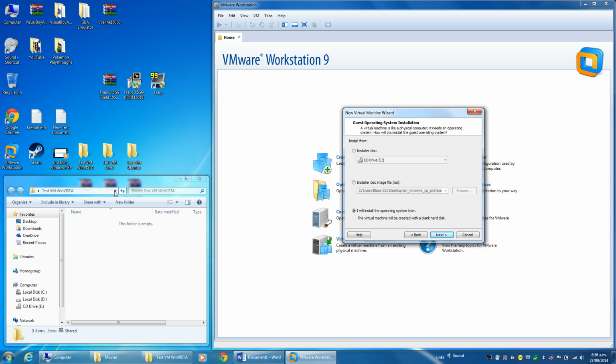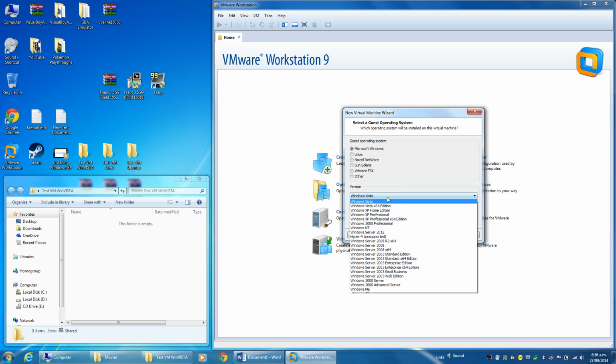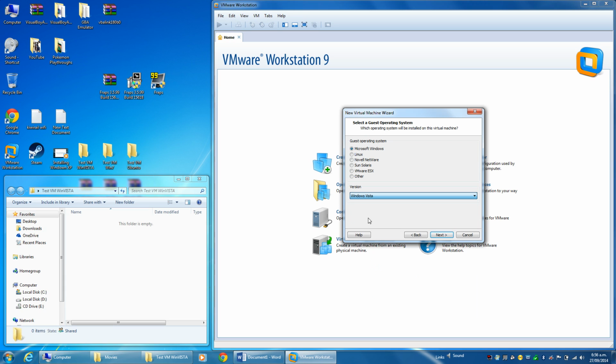I don't know why that is, but as far as I know, I don't even go that way anymore. I just do this because this is the simplest method for me. I will install the operating system later. Click next, Microsoft Windows, Windows Vista. Okay. I thought there would be more versions of it, just like there is for Windows XP, but it just is Windows Vista. So Windows Vista, I'm going to name this the same name as my desktop folder, test VM